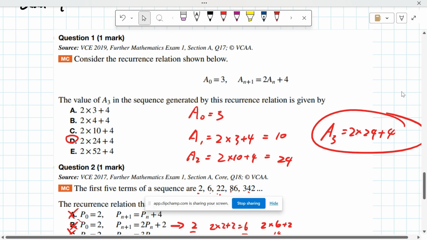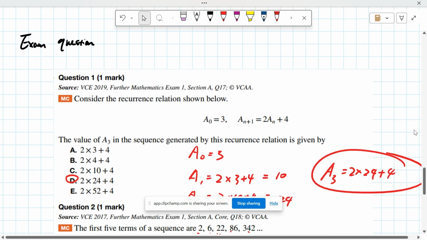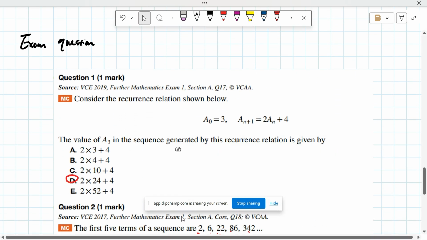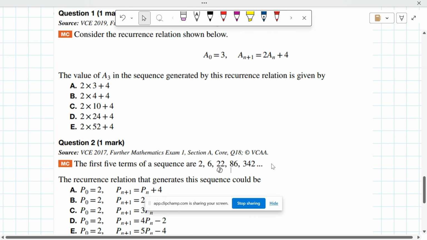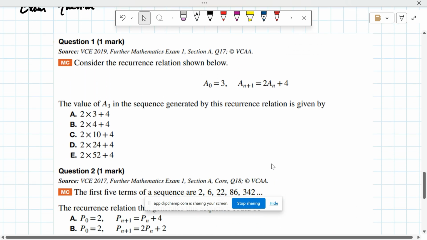All right, some example questions. Let me just quickly clean this one and then show you guys how we're going to find the answer. Clearly we already say the answer is D, but let's see how that happens. All right, first things first, recurrence relation. The value of A3, which is the fourth term,